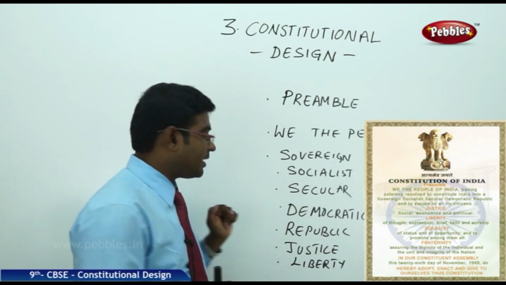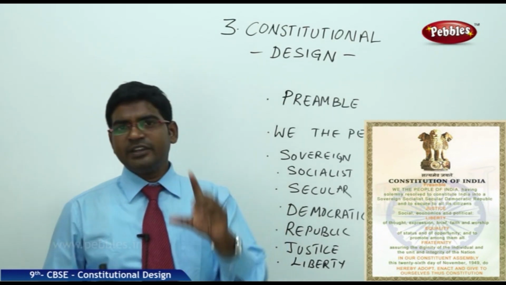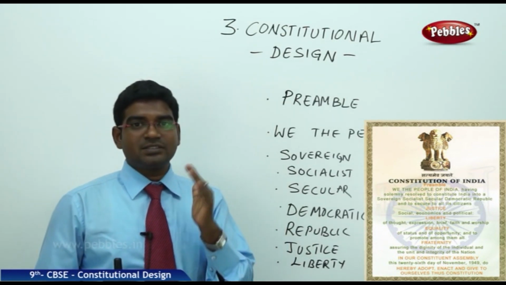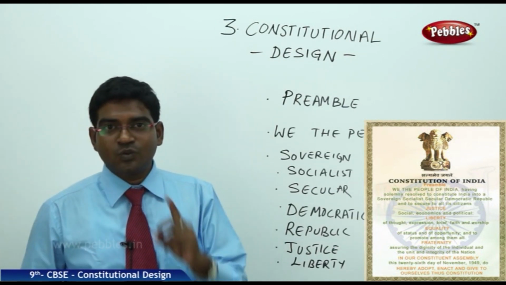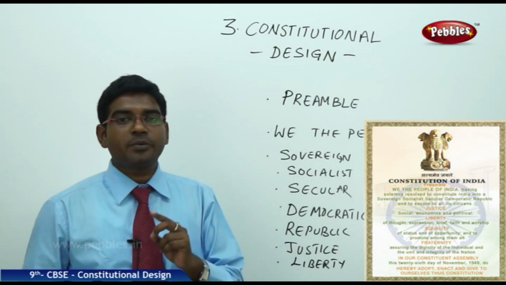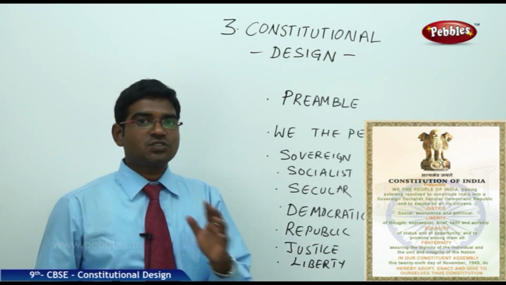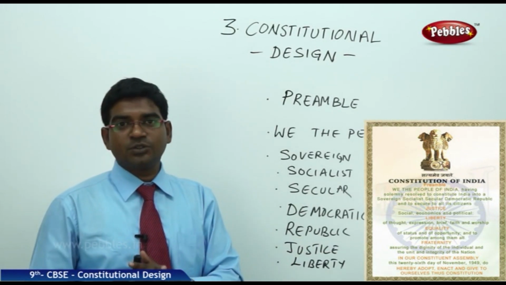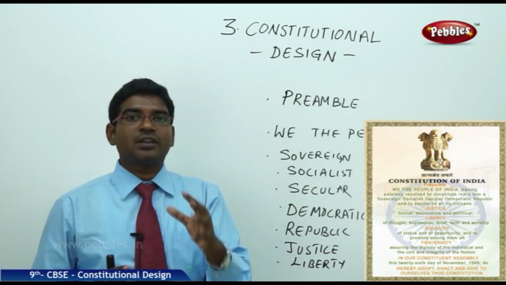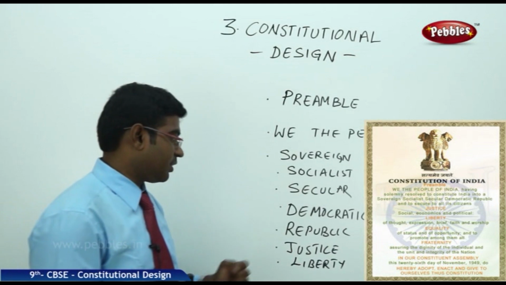And moving on to understand democratic. In India, we have a democratic setup where periodic elections happen. People have universal adult franchise, the right to vote irrespective of their caste, color, creed, and they get a free hand to elect their representatives. So, that's how true democracy is set up in our country.